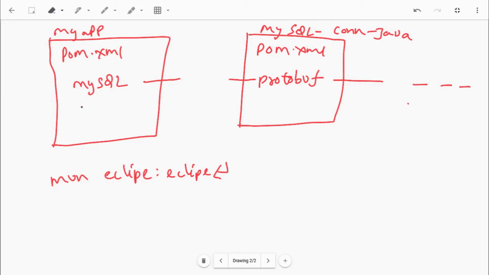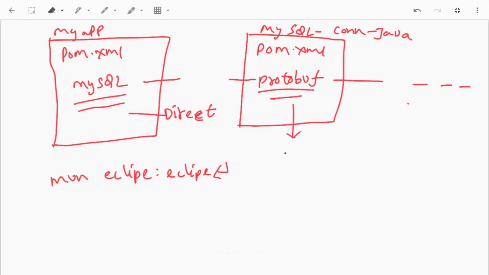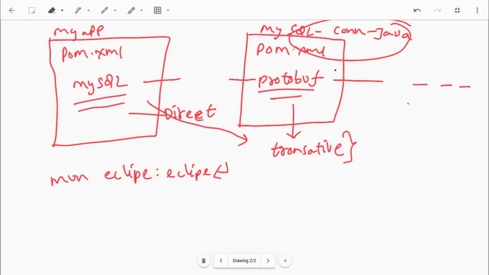So for our project, MySQL connector is the direct dependency and protobuf is the transitive dependency. That is, it is the jar on which MySQL project is dependent. Now, if we take the example of MySQL connector Java, this is also an independent project.